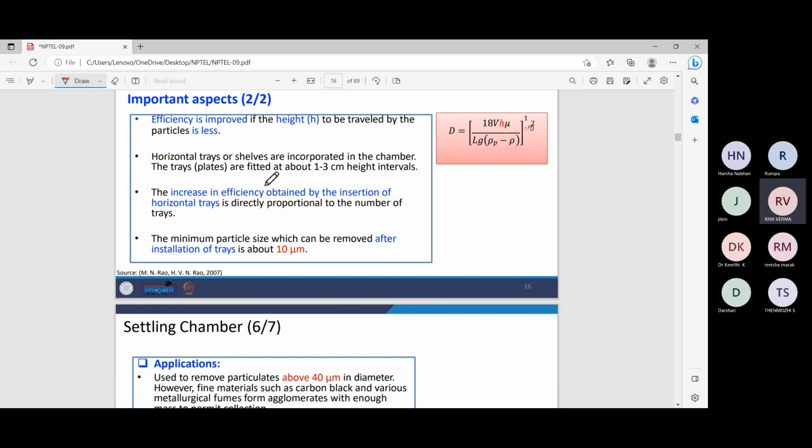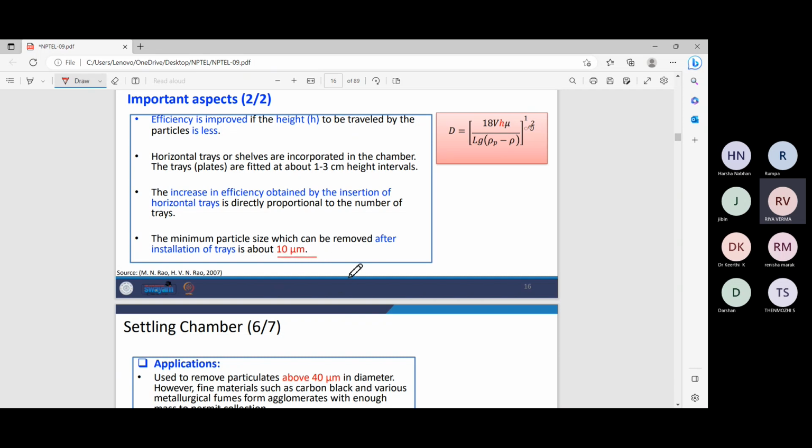Also, we can place horizontal trays or shelves in the settling chamber at about 1 to 3 centimeter height intervals. After we install that, the minimum size of particle that can be removed is approximately